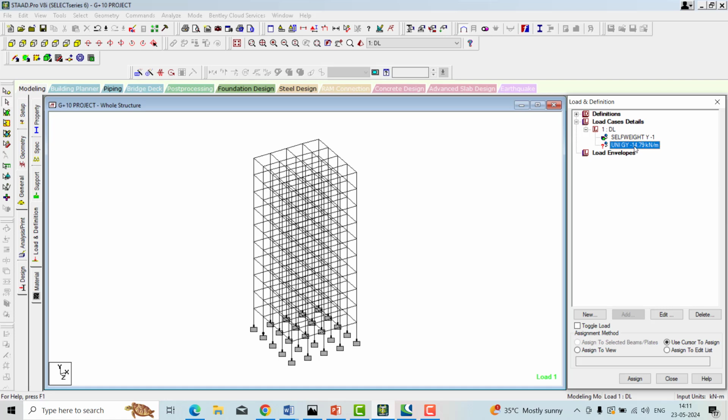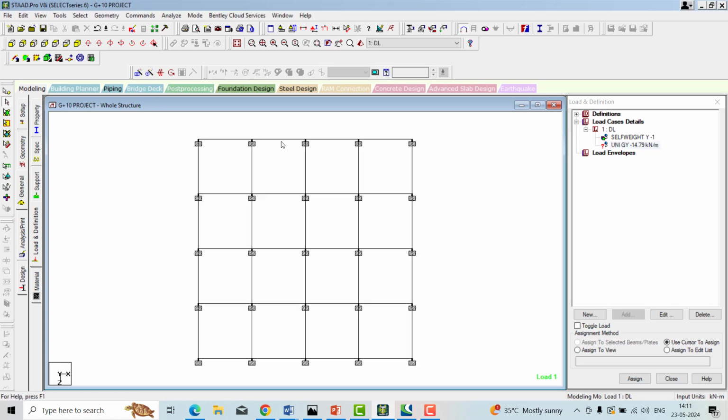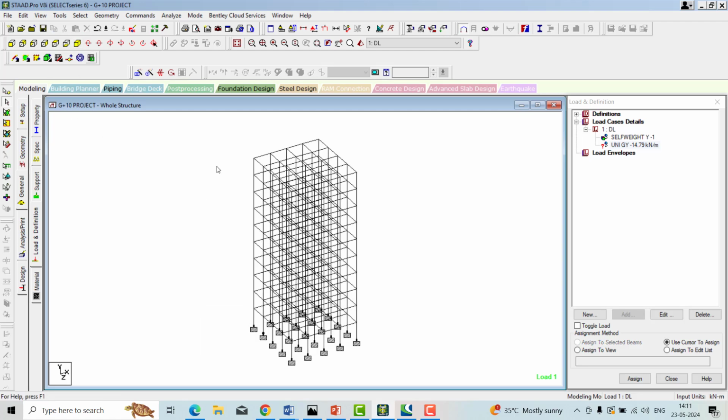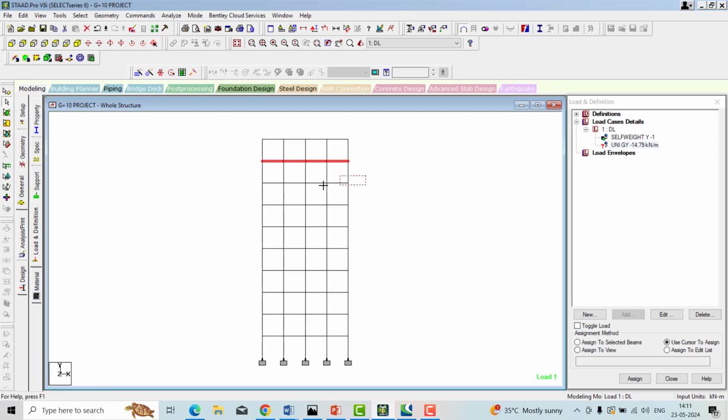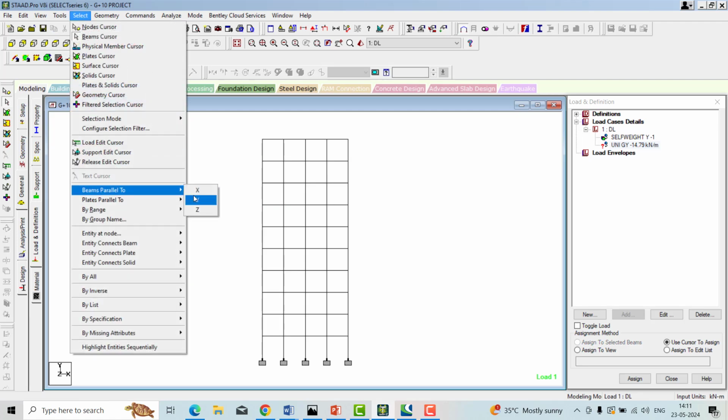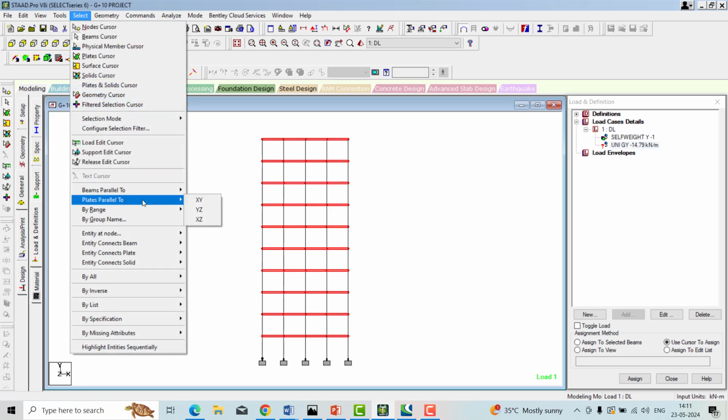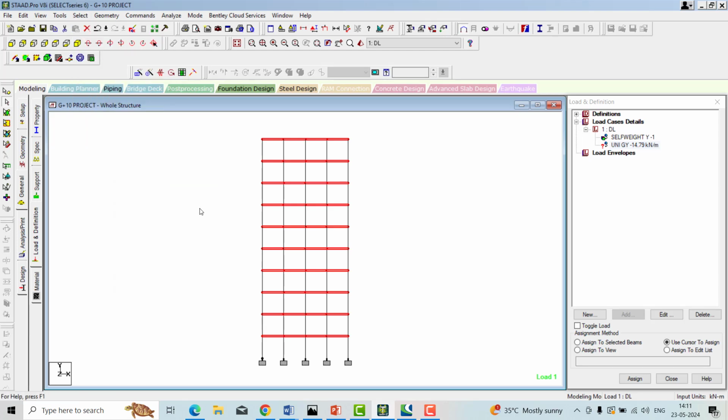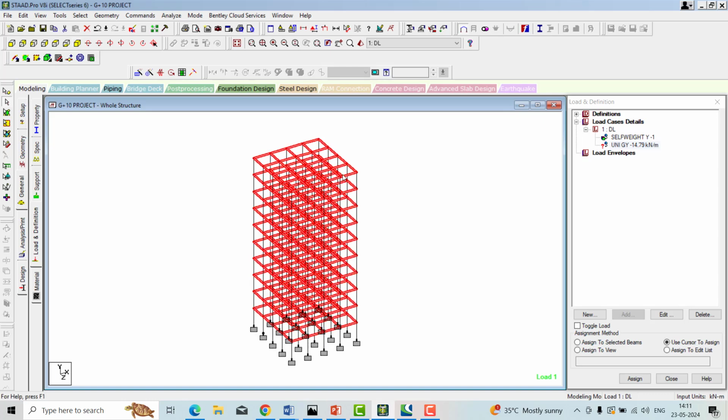This is the main wall load. Wherever you have the main wall load, you have to select. For that you just go to the top view and then you can select the main wall like this. I am just assuming. So these are all the main wall loads. Going with the front, select the beams parallel to X and then Z. These are the beams, but except this top one, because in the top we have the terrace, which means we have to apply the parapet wall load. I want to deselect it.